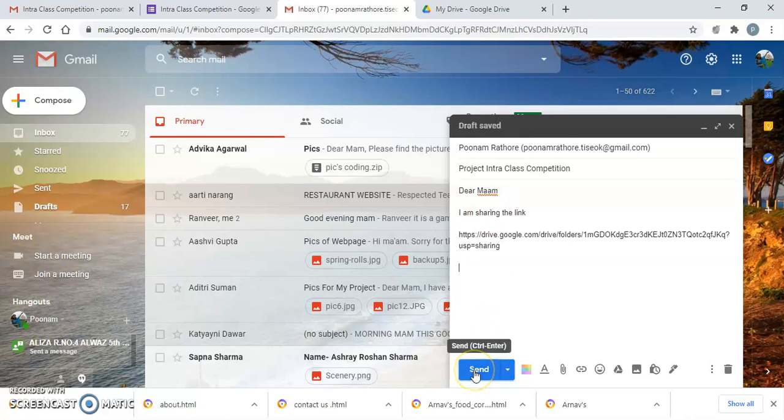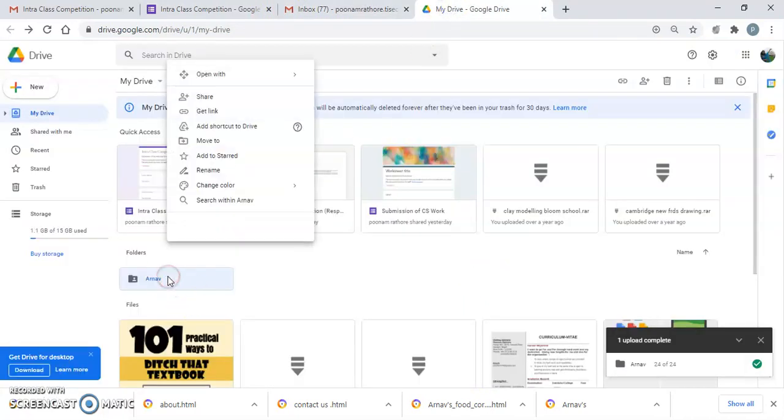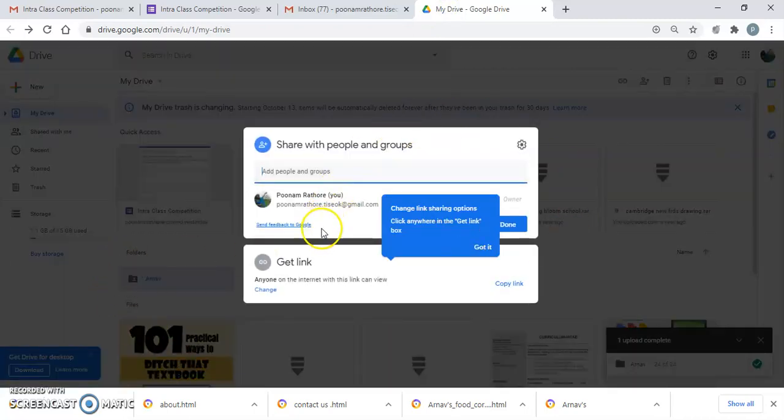This is how you can do it. That is better and good. So you just have to make sure that you are sharing the link. You're sharing the drive or folder with the person, and when you copy the link, it shows you whether you are giving the permission to the person or not. Otherwise, the person will be facing a problem. So before you send, make sure that you change the link to anyone on the internet with this link in view.